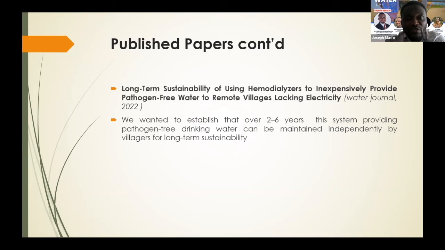So what we determined was that the key thing that can contribute to the sustainability of the device in producing quality water is what we call backwashing. Because at the end of the production of the clean water, the debris or unwanted materials are trapped in the hemodialyzer filters, and to ensure the lifespan of these filters, we have to get rid of these debris or unwanted materials. So the only way that we get rid of these unwanted materials is the use of what we call backwashing,